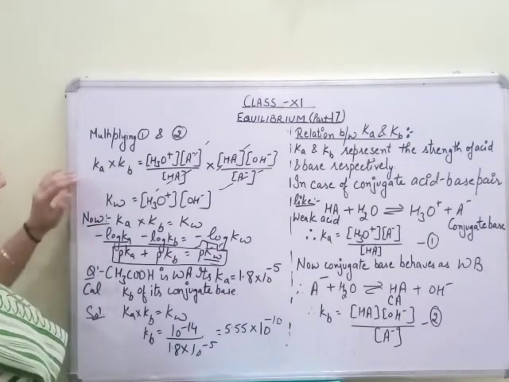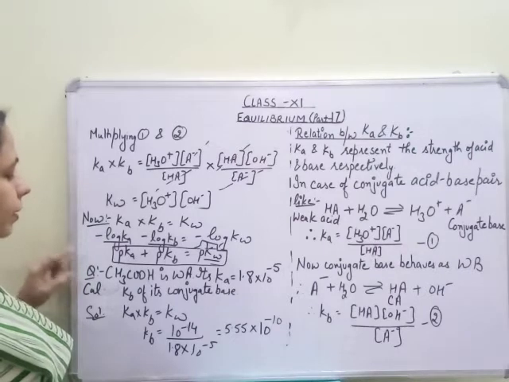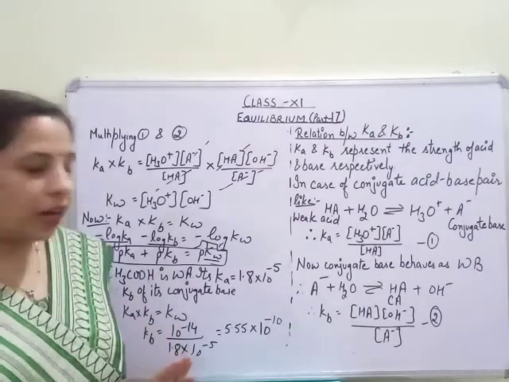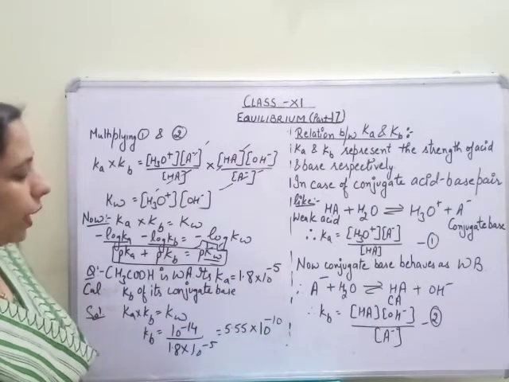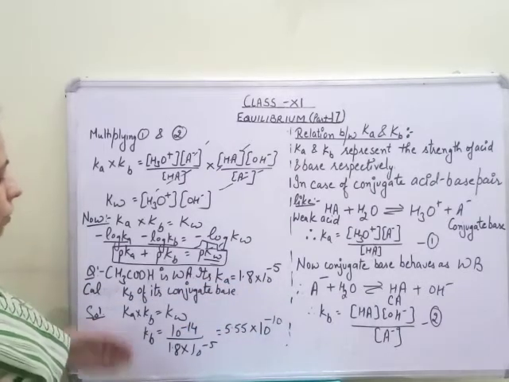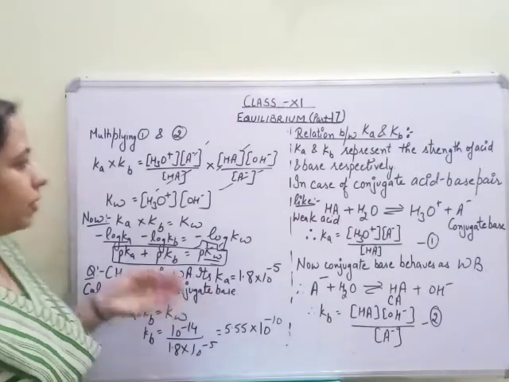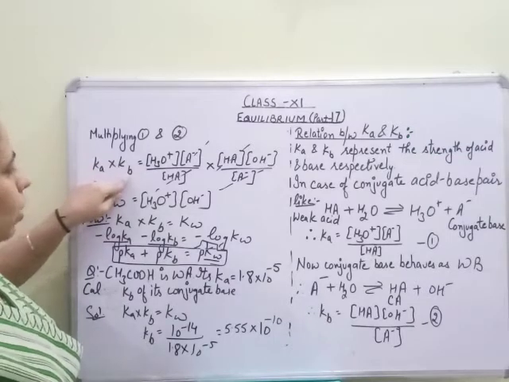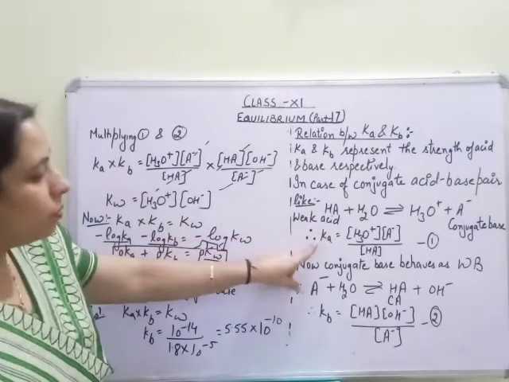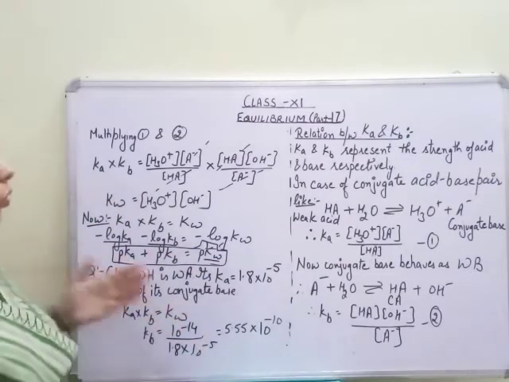Now to understand more about Ka into Kb, here is a simple numerical. Acetic acid is a weak acid that we know. Its Ka is given to us, that is 1.8 into 10 to the power minus 5. We have to find Kb of its conjugate base. अब ये Ka acid के लिए है तो Kb उसका conjugate base होगा. और इसी तरह अगर हम एक्सप्रेशन बेस के लिए लिखते तो Ka उसका कंजुगेट एसिड होता.